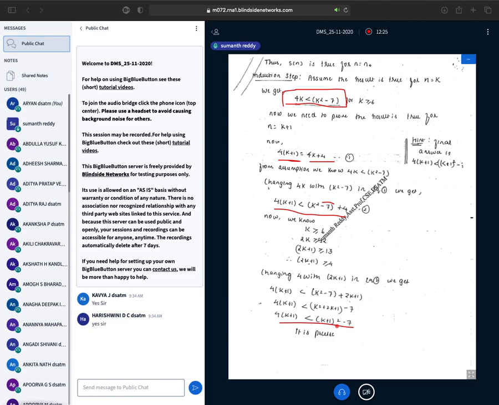Let me do some reverse engineering. If I have to get k plus 1 whole square, we already know the expansion of k plus 1 whole square, right? That will be equal to k square plus 1 square plus 2k, correct? So clearly this tells us somehow I need to replace this 4 with 2k plus 1. I repeat, if I have to get k plus 1 whole square minus 7, k plus 1 whole square expanded will be k square plus 2k plus 1. Already I have k square minus 7, so I should not touch that. Somehow I have to replace this plus 4 with 2k plus 1.